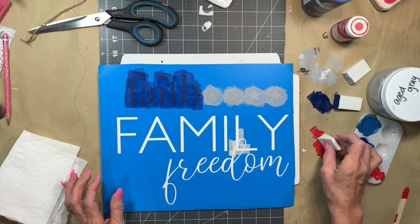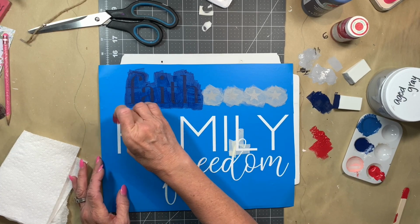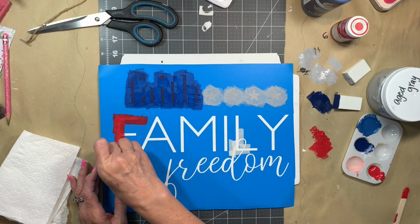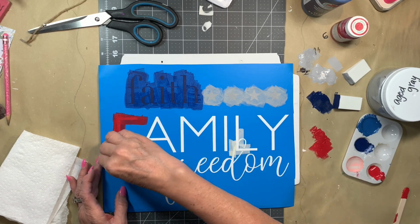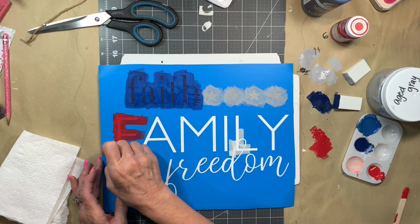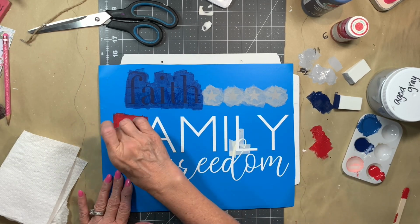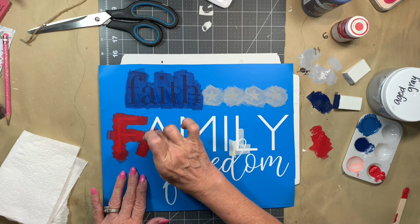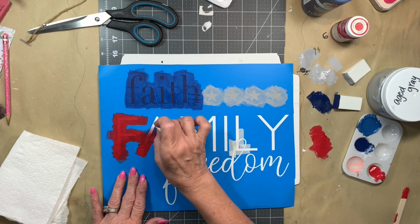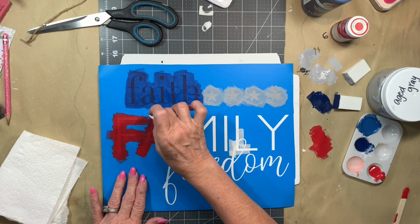Nope, I'm going to show you how to paint the word Family. Just dab, dab, dab, dab, dab on your stencil. If you choose to use stencils to do this, it was kind of challenging to decide where to put those lines and to line all of this up. So yeah, it might be easier to just